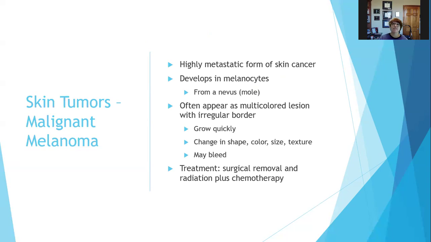Malignant melanoma is a highly metastatic form of skin cancer. It develops in melanocytes, so that's why it's a melanoma, from a nevus, a mole. It often appears as a multicolored lesion with an irregular border that grows quickly, changes in shape, color, size, or texture, and may bleed. The treatment is surgical removal, radiation, plus chemotherapy because it metastasizes really quickly and it moves